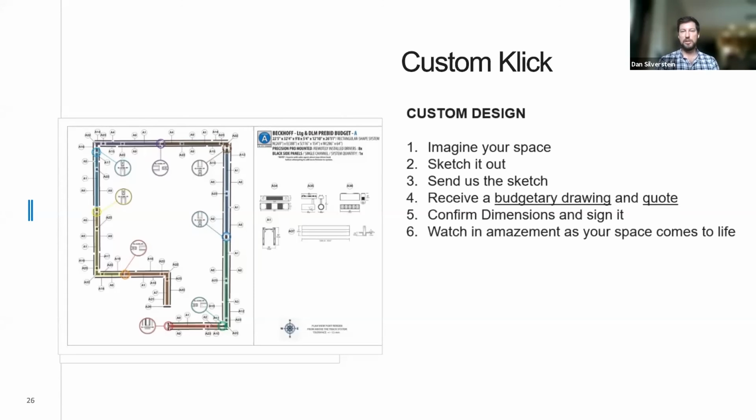The hardest part normally is actually step 1, figuring out what you actually want. And that's where our sales department can come in to help. Our regional sales managers and sales agents will help. Call us up and say, hey, I want to do click here. We'll talk you through the whole process, get it on paper, and then we can review it. This process honestly usually takes 2 to 3 days, but sometimes getting through the entire process of getting it signed off can take 3 or 4 weeks, depending